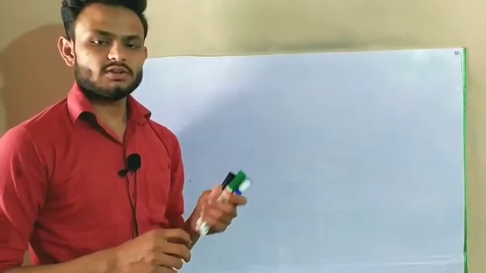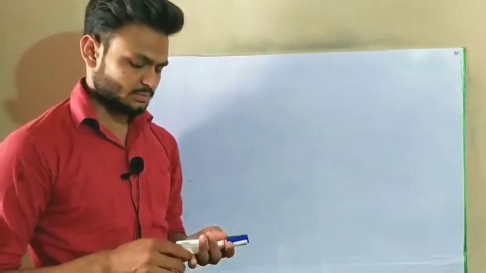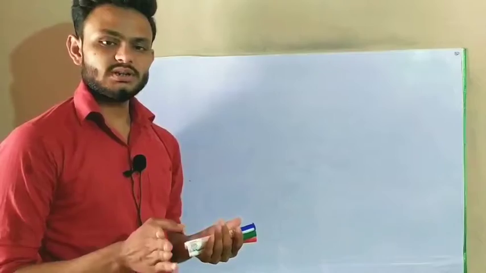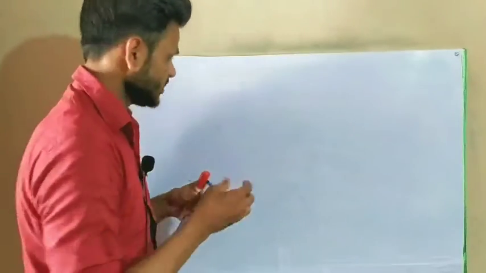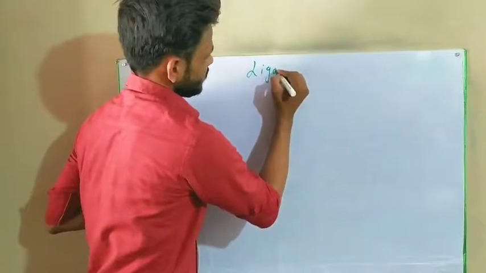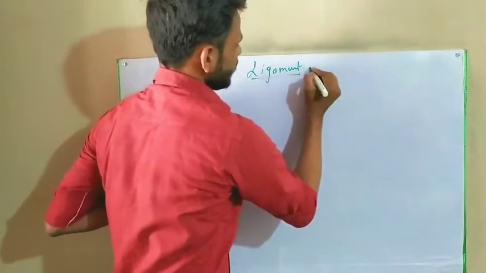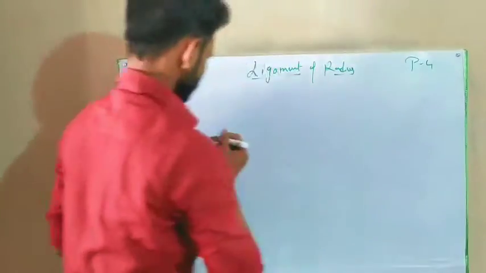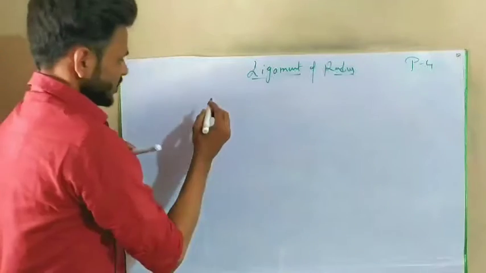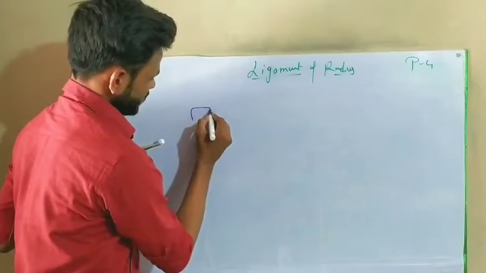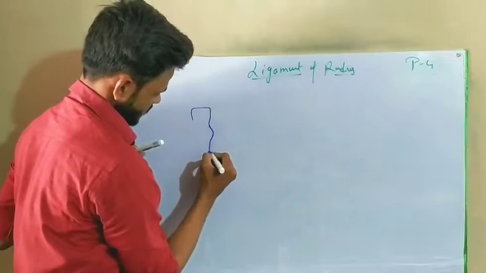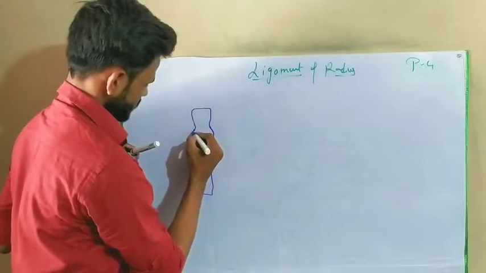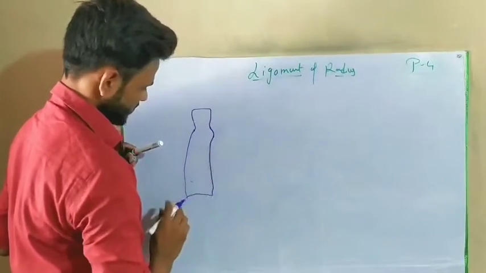In this video I will talk about the ligament. In my previous three videos, which were about the osteology, muscular attachment and site determination, this video is about the ligaments of the radius. This is part 4. For the ligaments, I will draw a diagram of the radius. This is the radius.